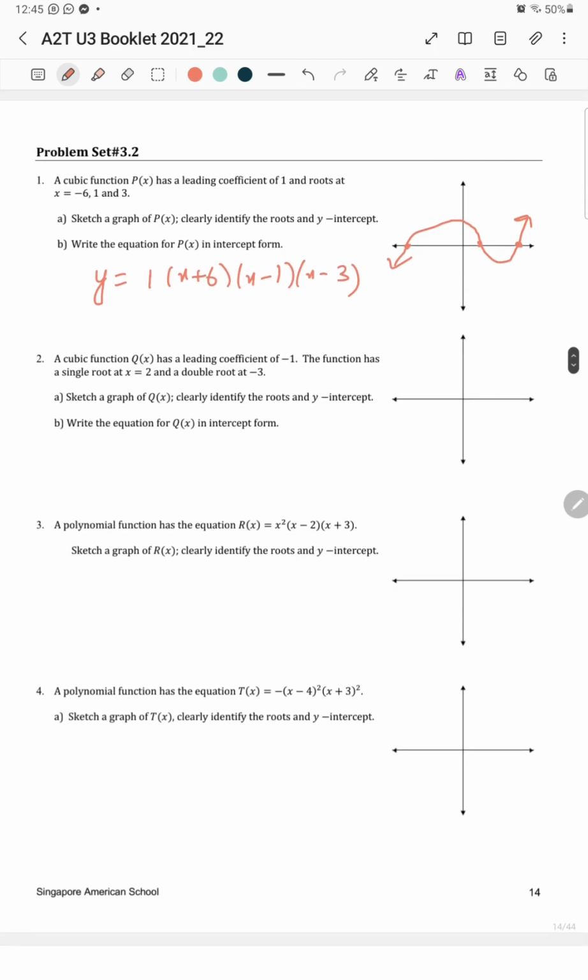Cubic function q of x has a leading coefficient of -1. The function has a single root at x is equal to 2 and a double root at x is equal to -3. Single at 2 and double at -3. Leading coefficient of negative 1, so it would be